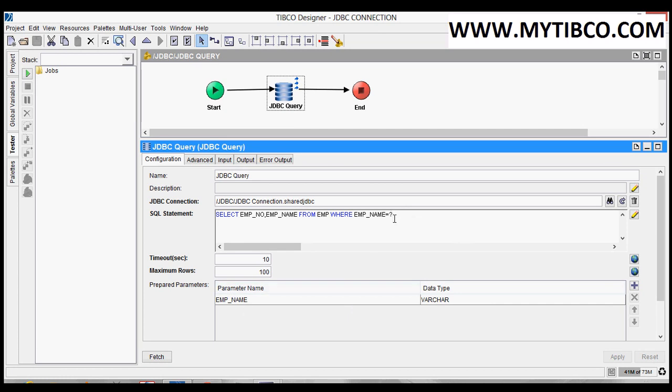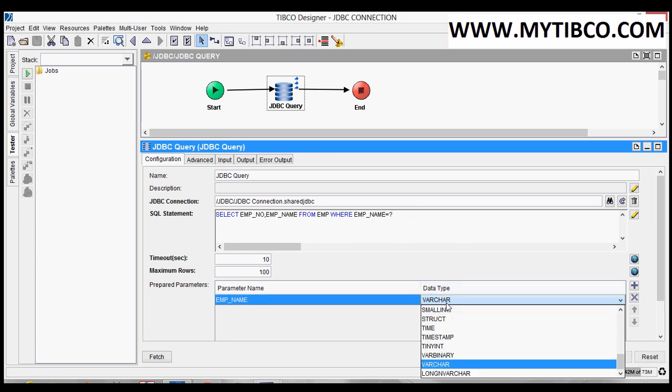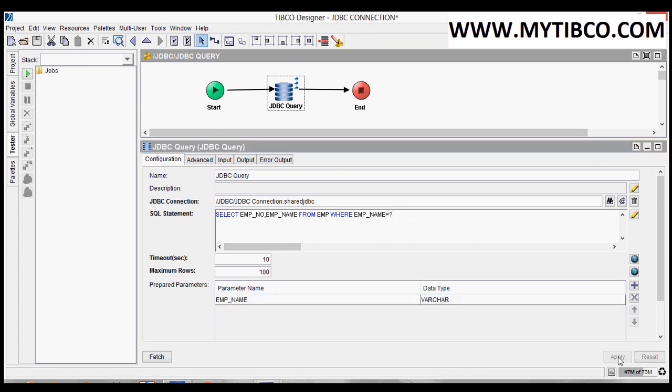That means the first question mark corresponds to the first prepared parameter, the second question mark corresponds to the second prepared parameter. Here we can set the data type that we are providing. We can select any data type depending on the data type in the database. Okay, click on apply.